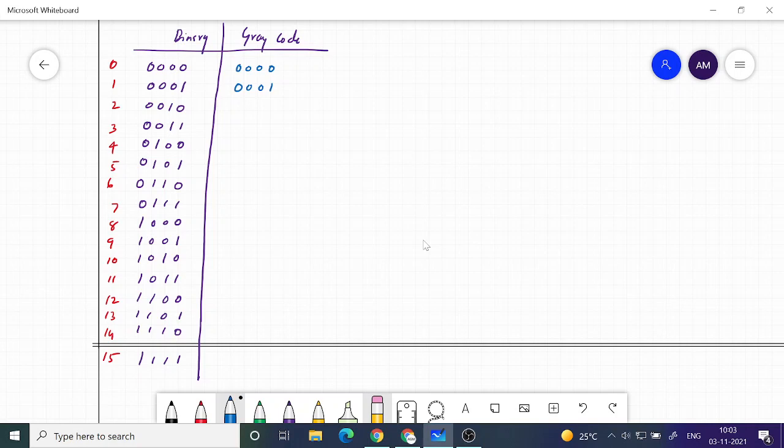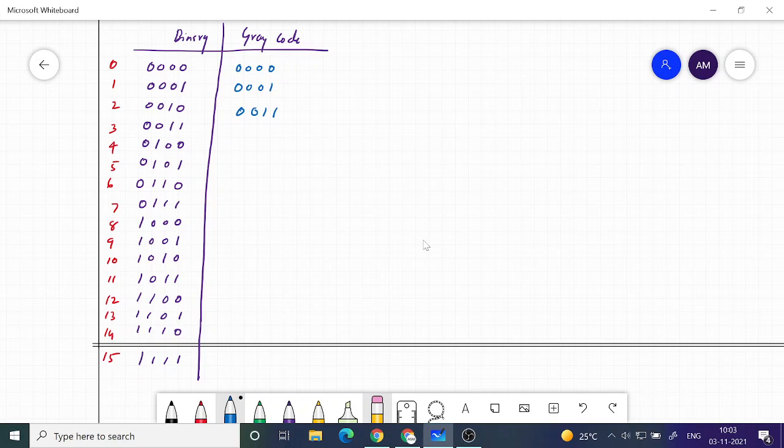If I change the least significant bit, I will go back to 0 0 0 0, which is already assigned to the decimal digit 0. So I can't do that. So the next possibility is you try and change the next significant position, which is the second position. That will not create a code which is already assigned. So you can write 0 0 1 1. So this is the number 2 in gray code, 0 0 1 1.